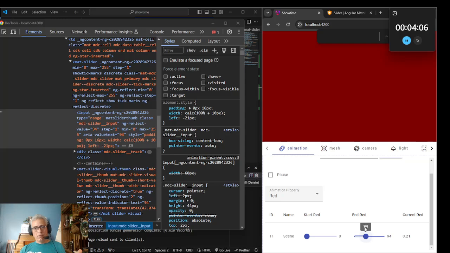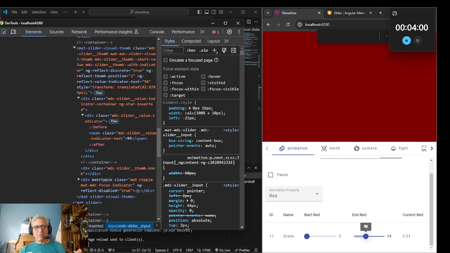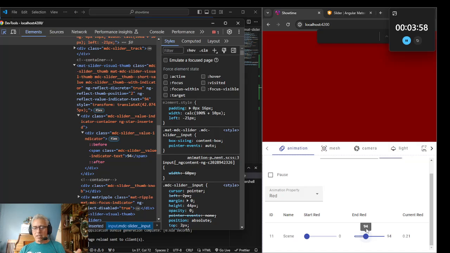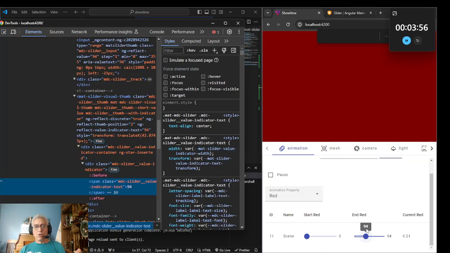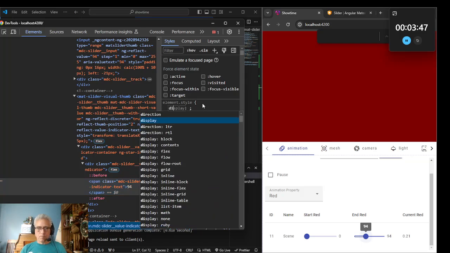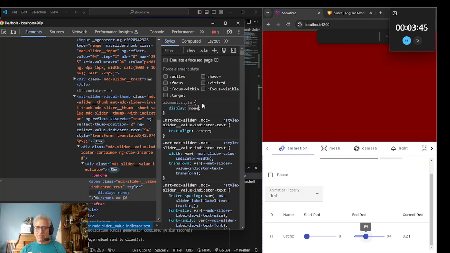I would definitely avoid doing this. I would only do this if you just absolutely have to. And the reason is because there is no guarantee. Let's see if this is the right thing. There is absolutely no guarantee on these display none. This is kind of how I determine if I'm looking at the right thing. So this is not the right thing because it's still showing. There is absolutely no guarantee that